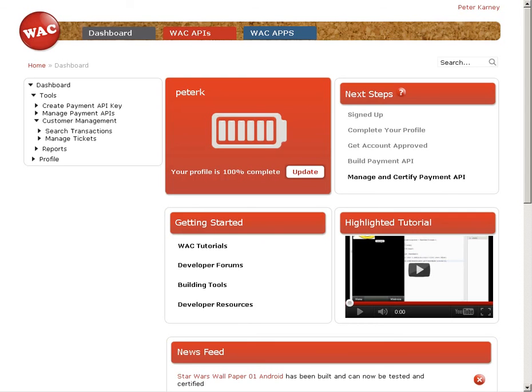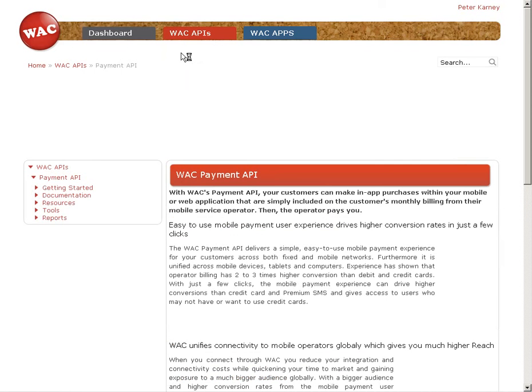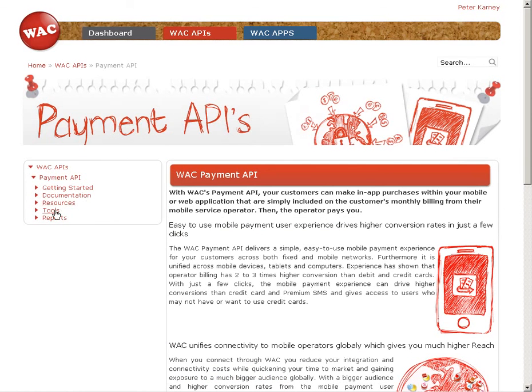In this short video, we're going to explore one of the tools that we provide to allow you to build your network API keys. So when you first log into the wacapps.net website, you'll arrive on the developer dashboard page. To get to the tools, you can either navigate via the left-hand navigation here to create payment API keys, or the other way of getting there is to click at the top here, WAC APIs, WAC Payment API, and then under the Tools section,